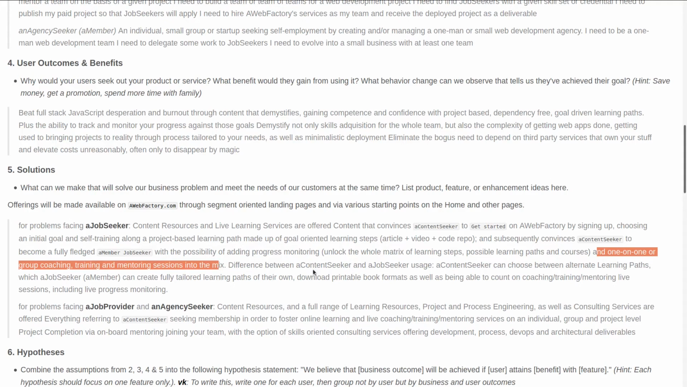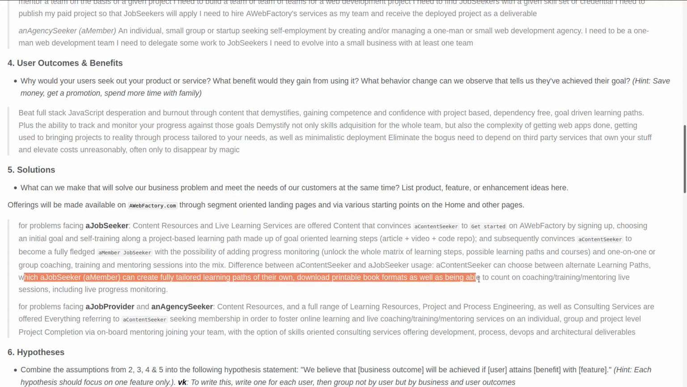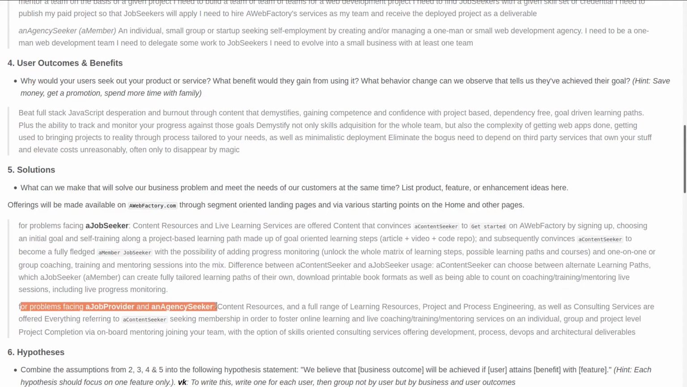There, the difference between a content seeker and a job seeker usage: the content seeker can choose between alternate learning paths, while a job seeker, a member, can create fully tailored learning paths of their own, right? They can download printable book formats and maybe count on some mentoring time at the same time. So that's a possibility. So now, for problems facing a job provider and an agency seeker, content resources and a